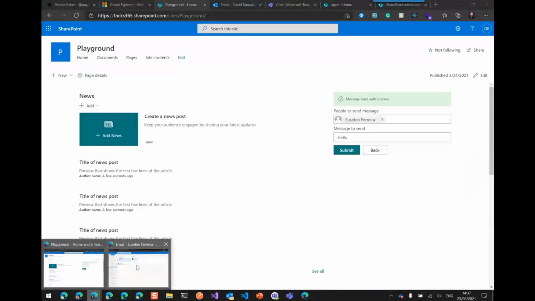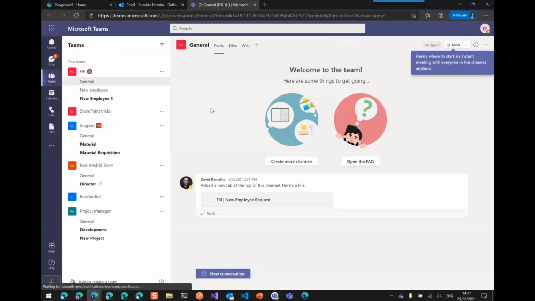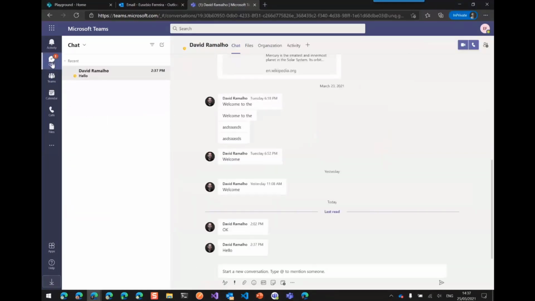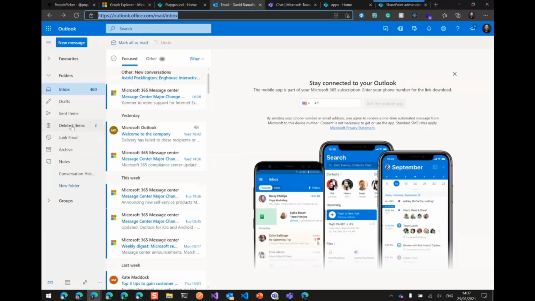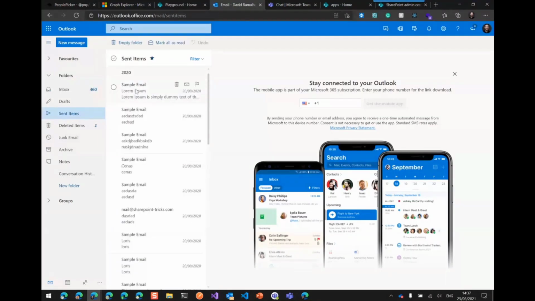So going back to the other client, if I come here and now I go to chats, I have here the message saying hello, and this is a quick example of how you can have it. So now going back to the code, another thing about the email one: when you send the email via Graph, this is quite interesting because you will not have the email in your inbox under sent items. I found this really interesting,